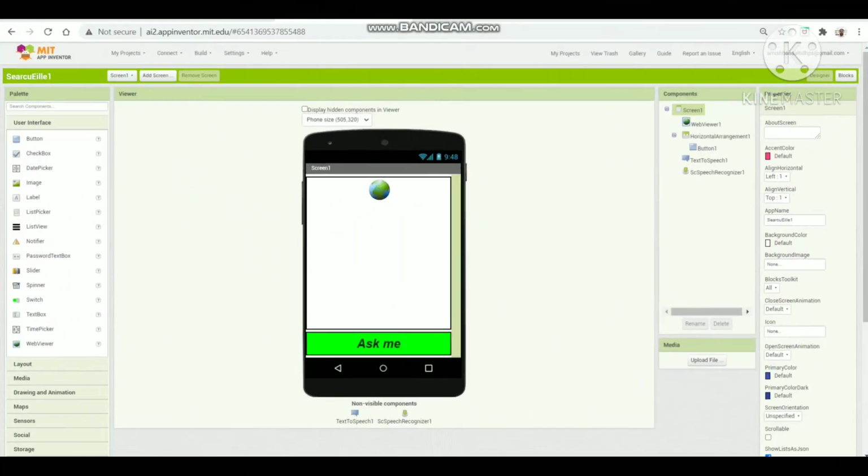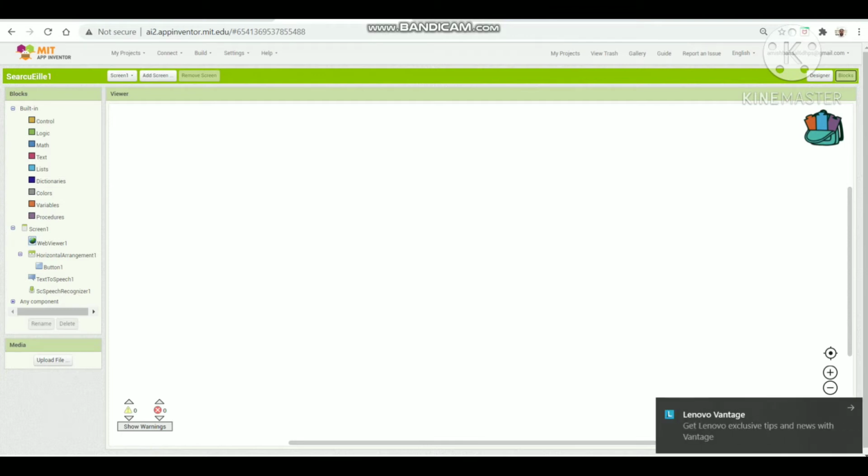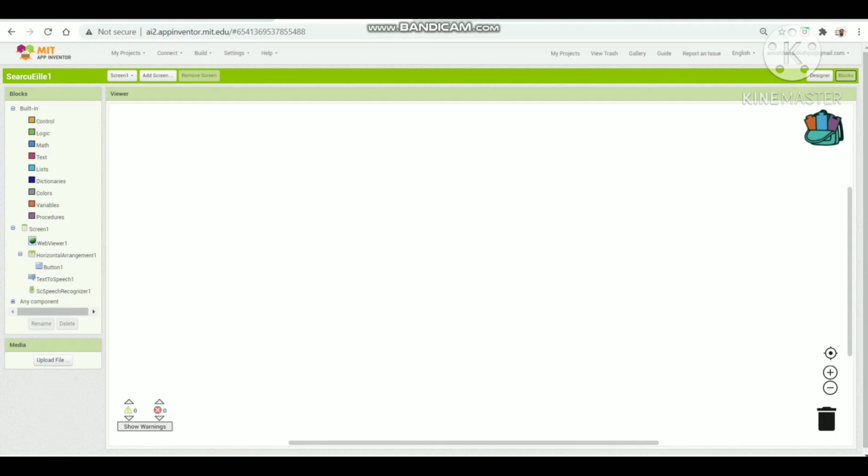Friends, this is Amish and we're watching Siblings Diary. So, this is part 2 of the basic Search AI app. So, we're going to do block coding. So, let's get started. Go in blocks and go in screen 1